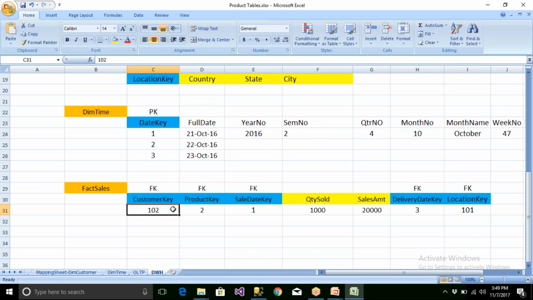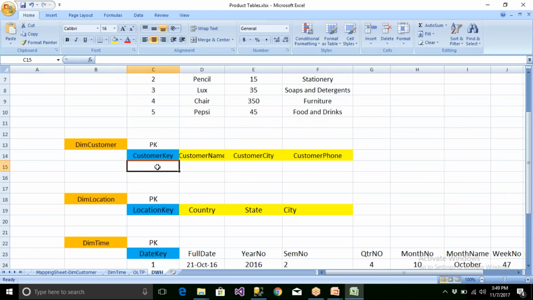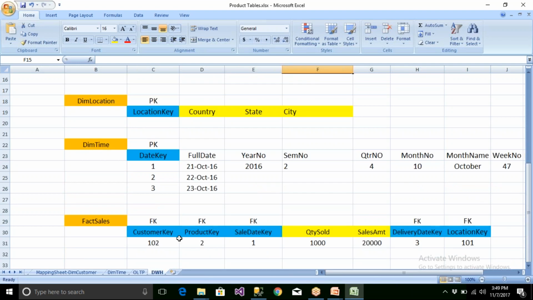So I don't want to maintain the city here, because if 102 belongs to Hyderabad, I need not mention Hyderabad again and again. I simply mention 102, and whatever the location is, 102 is residing in, say, location number 101.